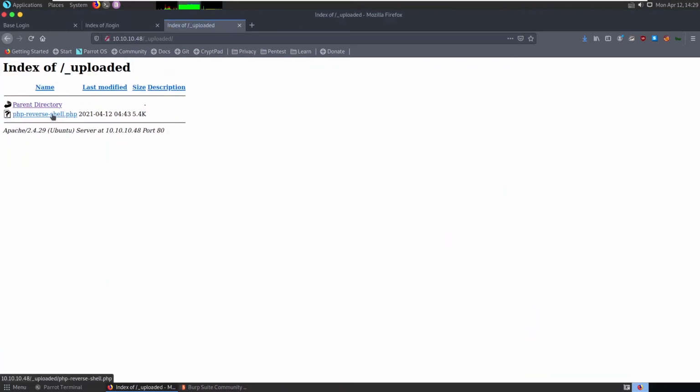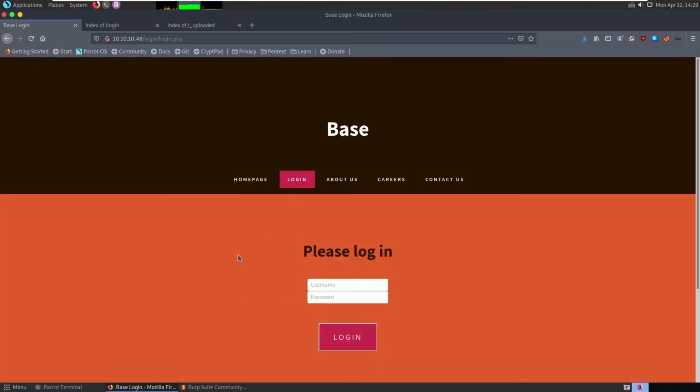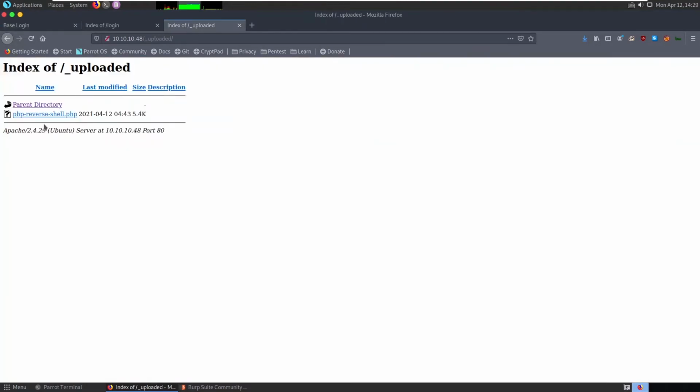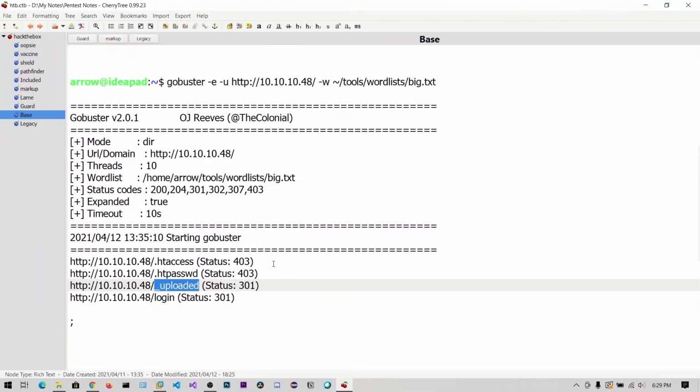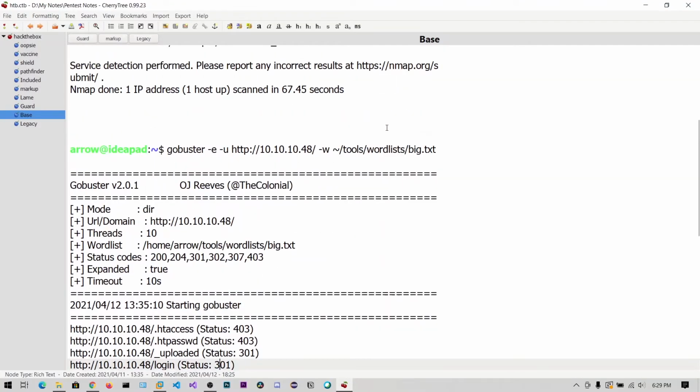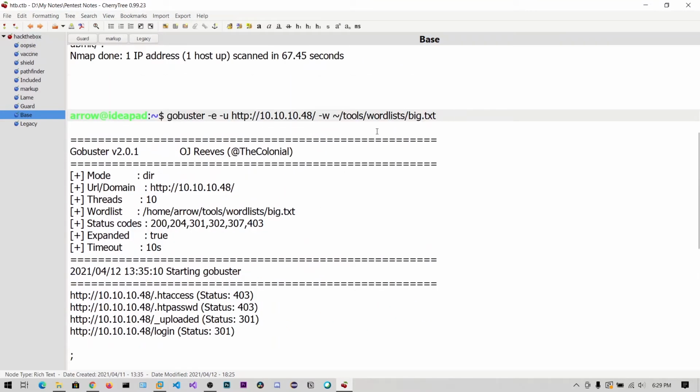So you can see there is already a reverse shell uploaded by some other person. Now we need to find an upload point to upload our reverse shell. Okay, now I had run the GoBuster scan with small.txt, then I did not get much results. So then I changed it to big.txt. So you can see the enumeration is the key here.